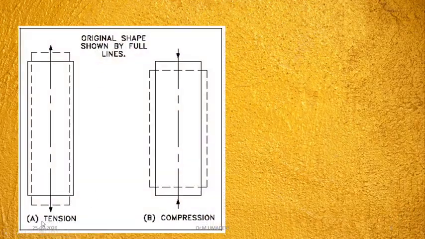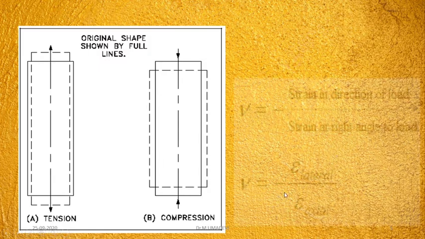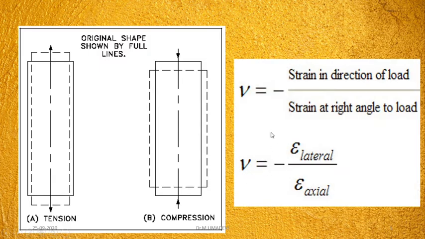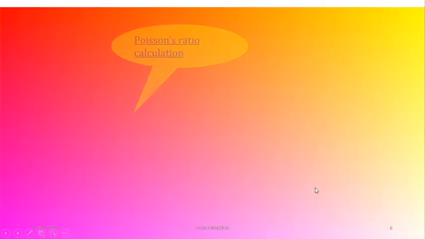See here, this is the example for tension and compression. During tension, two forces are acting away from each other. The length is getting extended, that is, it gets thin, whereas in the case of compression, two forces are acting towards each other. So here the material gets shorter and also thicker. The length is shorter and the material is getting thicker. This is for compression. Here I have given the formula nu is equal to sigma lateral divided by sigma axial.